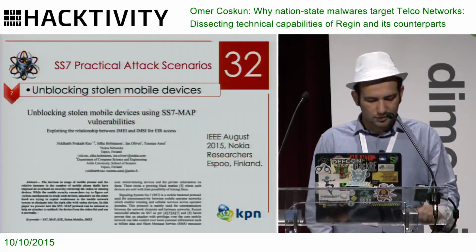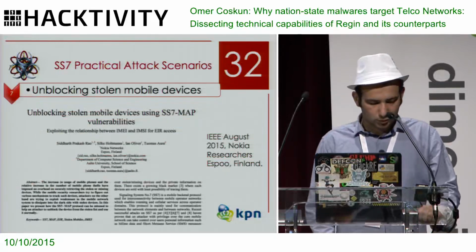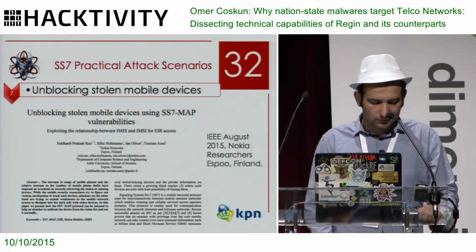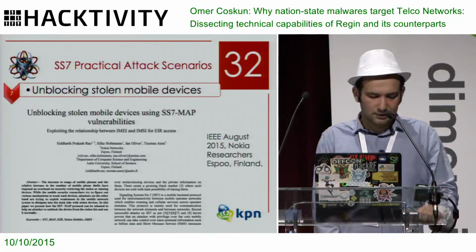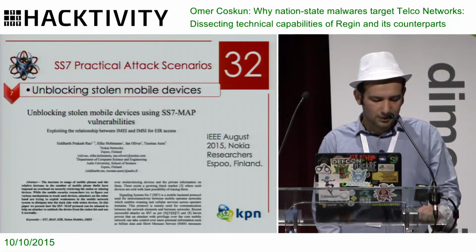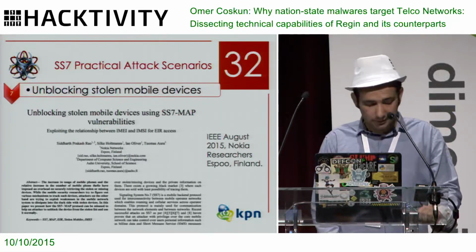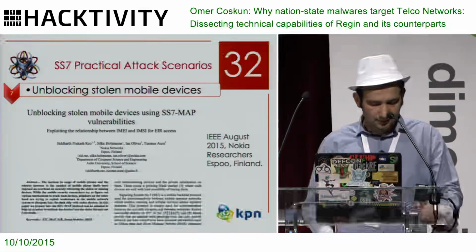Recently, Nokia researchers discovered that it is possible to unblock a cell phone by exploiting a trust relationship between IMEI and IMSI for equipment identity register access.